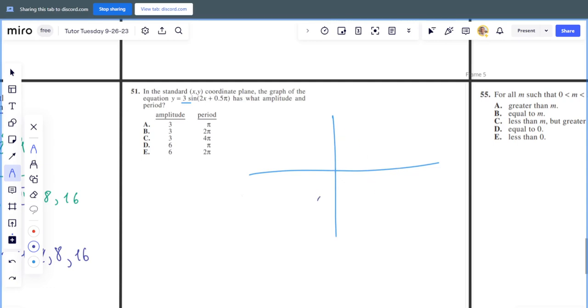Let me see if I can draw a good sine wave. So the amplitude is definitely raised up. We're hitting between 3 and -3. And the period is going to depend on the scale factor on x. This is a phase shift that doesn't have anything to do with it. But the scale factor on x, if normally our period would be every 2 pi, that's a normal period. If we're multiplying our x inputs by 2,